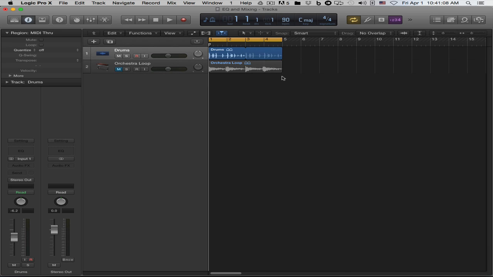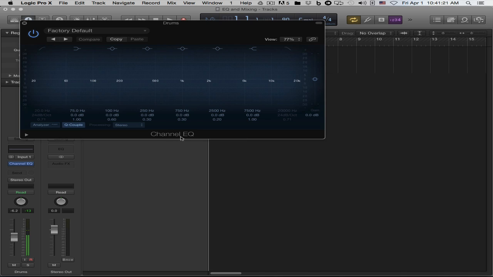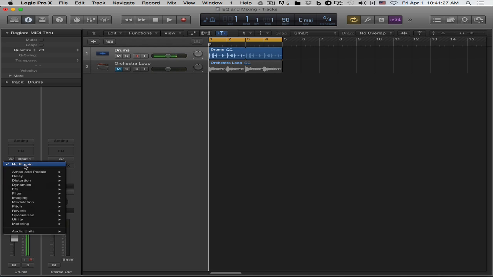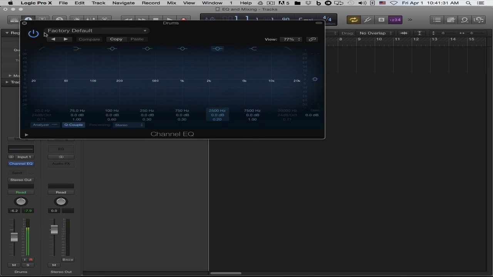So in part number 6 I spoke a little bit about the EQ bands and how to access the channel EQ, which is very simple. Let's just recap that. One way is to go to your EQ thumbnail and double click it. That's going to bring up a channel EQ, and then I will undo that, or you can just go to your audio effects, EQ, channel EQ, and it will bring up your channel EQ, which is by default the EQ that Logic uses,